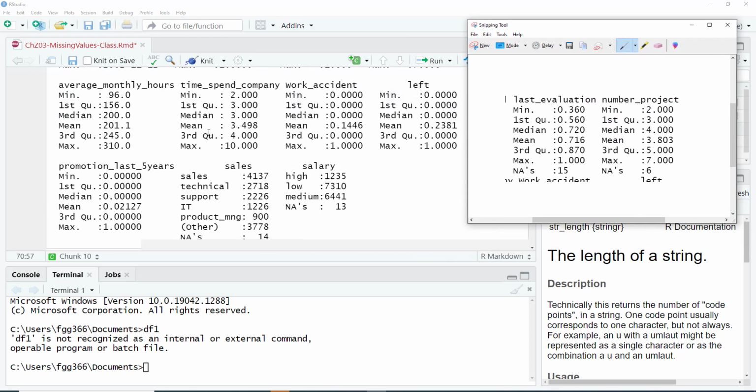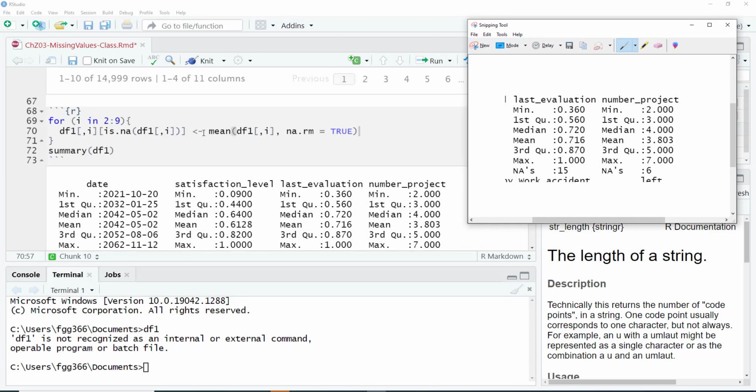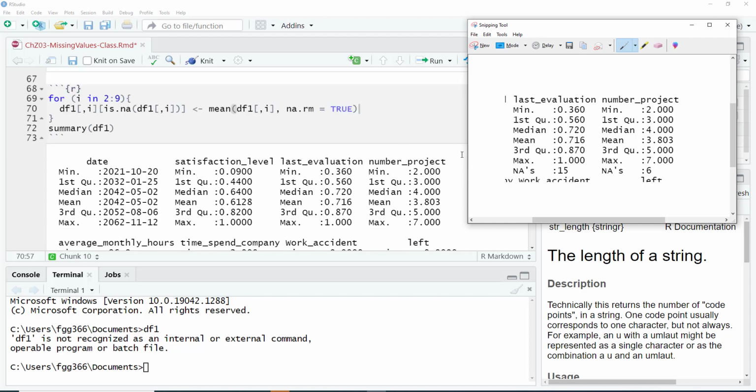Now, here is the information that the 15 missing values are now gone.